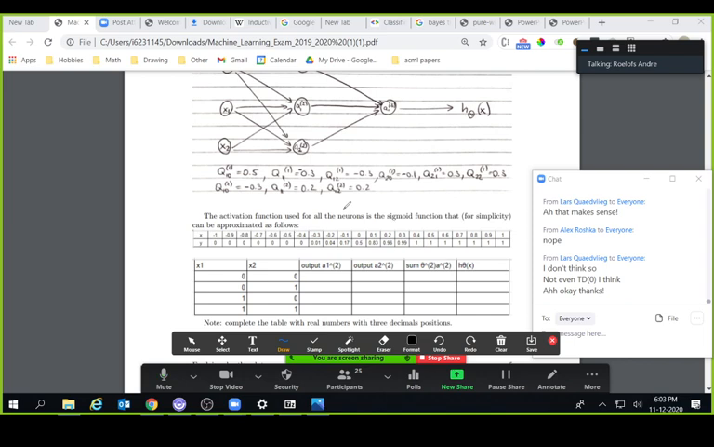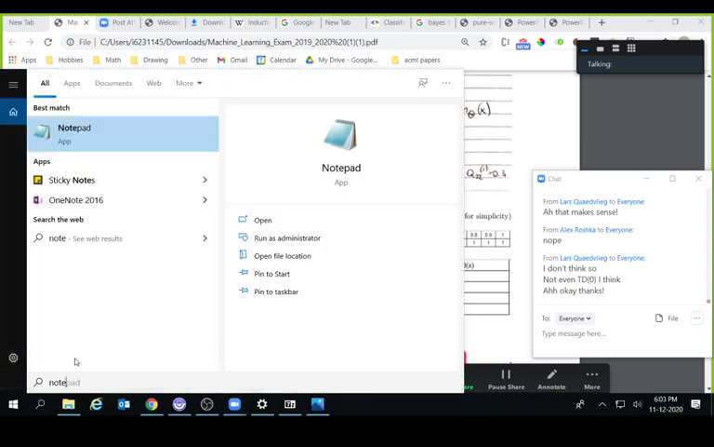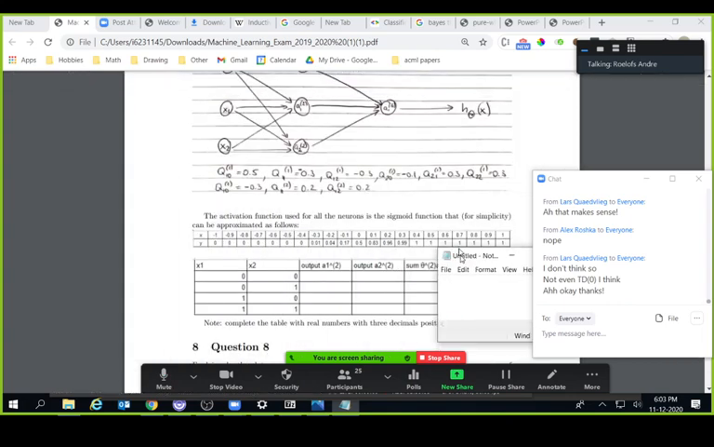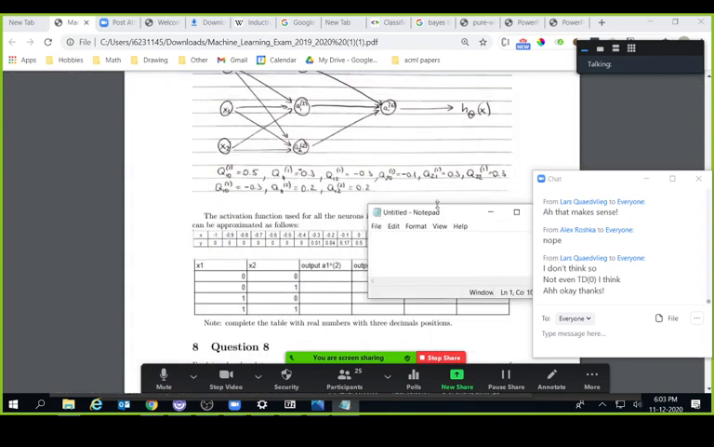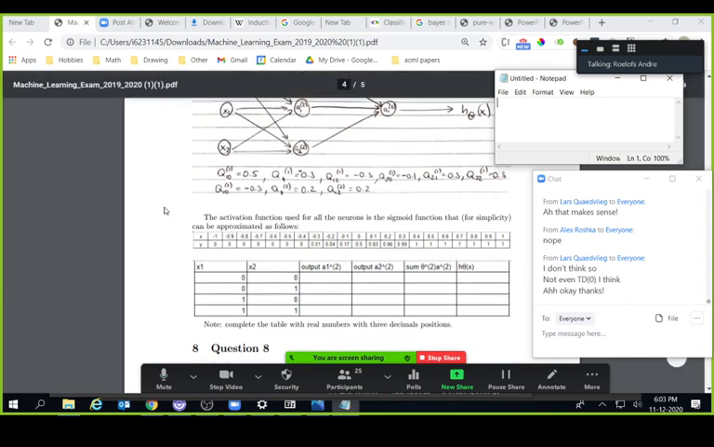So it's a linear sum activated by a sigmoid, and for every input we have a certain weight. How can I do it the best? I don't want to write it. Okay, we're just gonna have a simple notepad here. So what we're gonna have here is